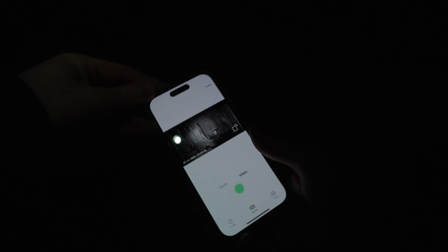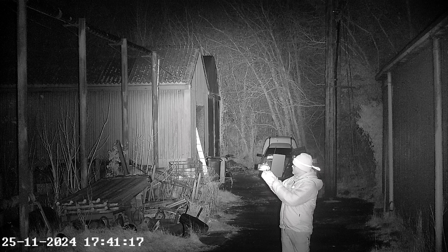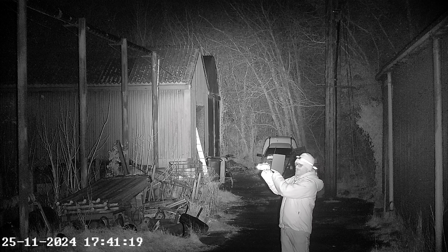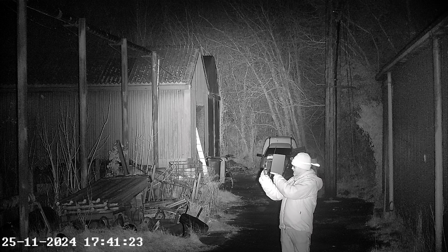One of my favorite features with these goggles is that you can connect them wirelessly to an app on your phone, and then you can remotely monitor the image on the goggles. So that means you can have these set up on a tripod, and you could be sitting back relaxing, just looking at your phone screen to see what the goggles are seeing. Or you could give your phone to somebody else, so you're able to share the view